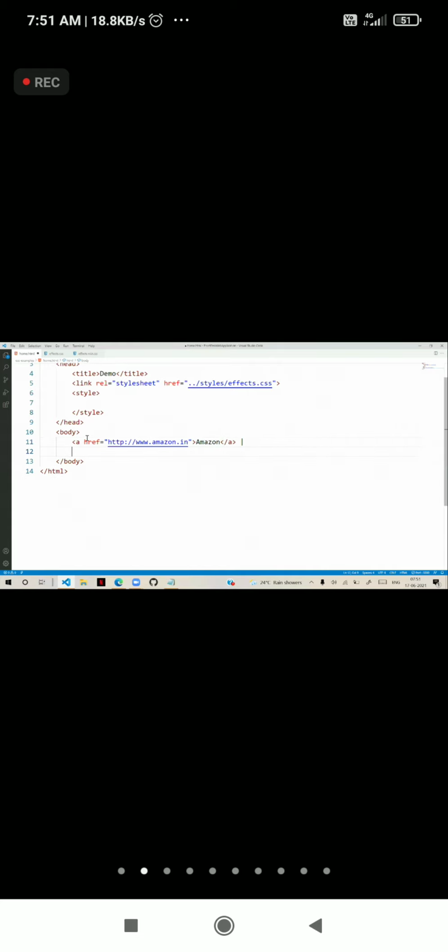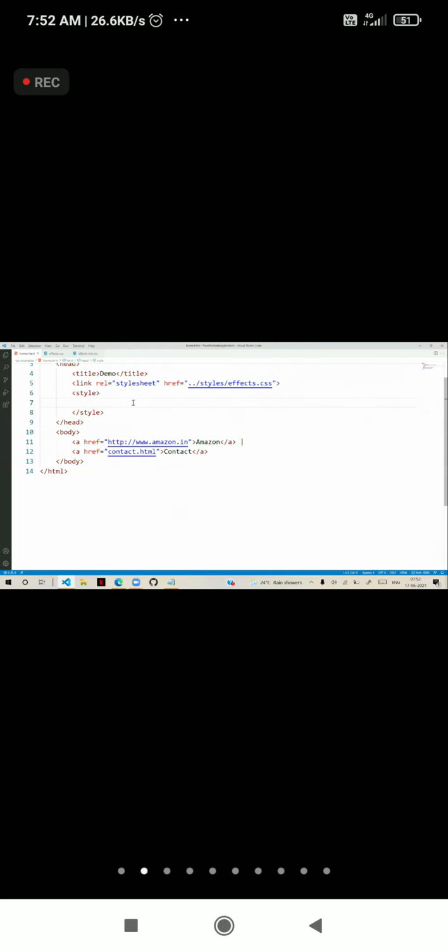And another link, href is equal to contact.html, and we write contact. Now you know that generally we have two colors here, visited link and normal link. Normal link is blue color.